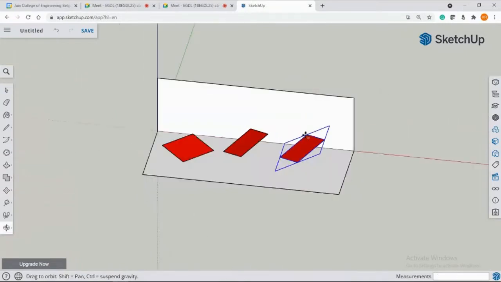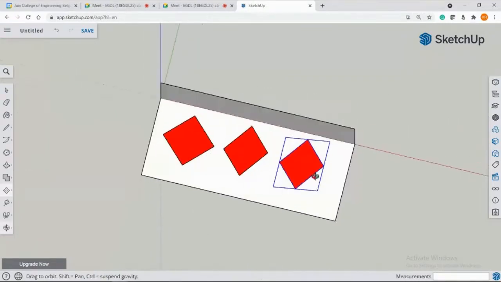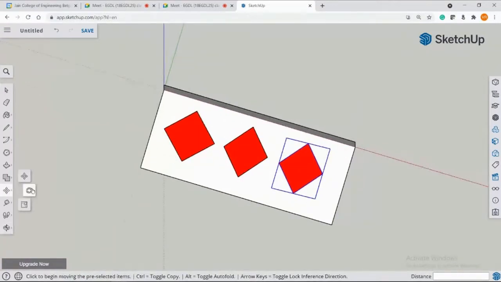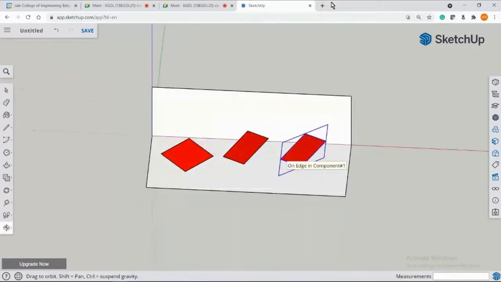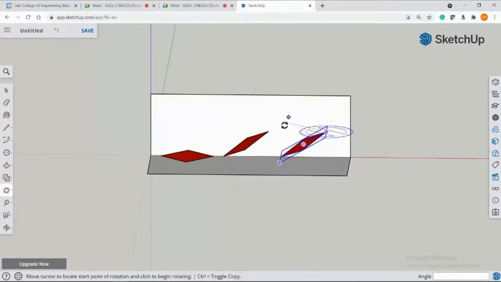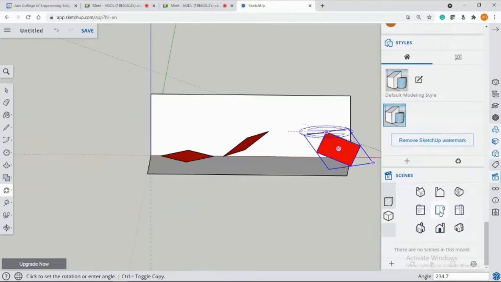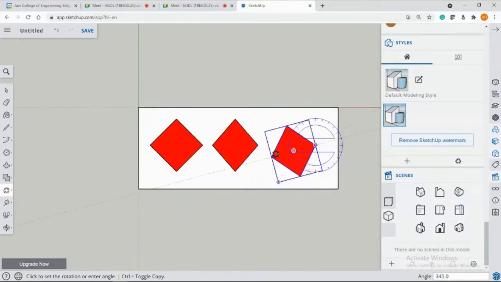With respect to the apparent length, let me move it and see the last position here, and let me rotate it. Here I'll take this point and take it along this. Let me see the top view so I can see it properly.